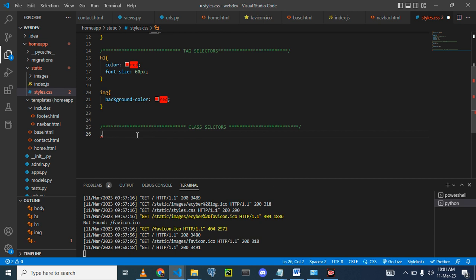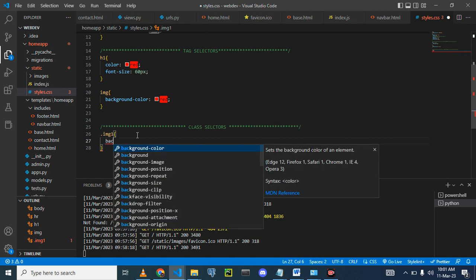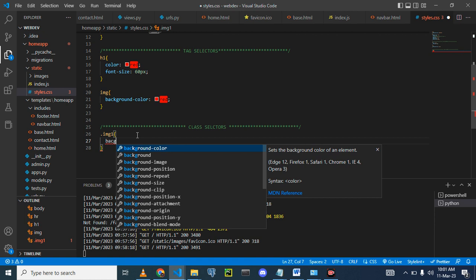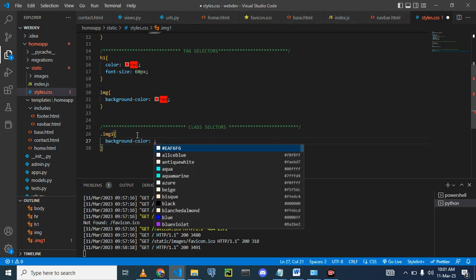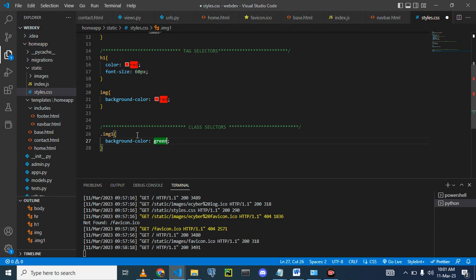For example, image1 is what we want to change, then the rest is the same. You want to give it a background color, let's say green. So image1 should display green